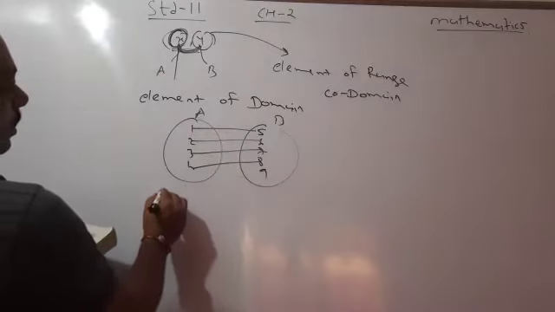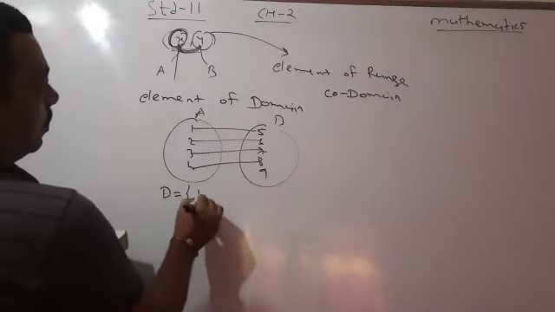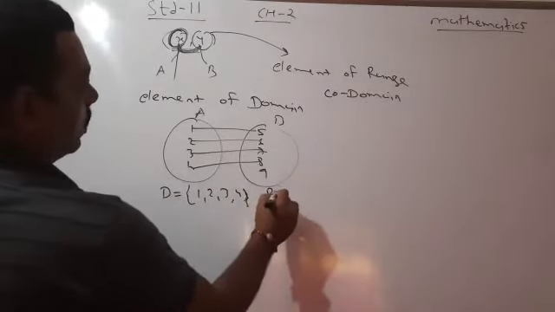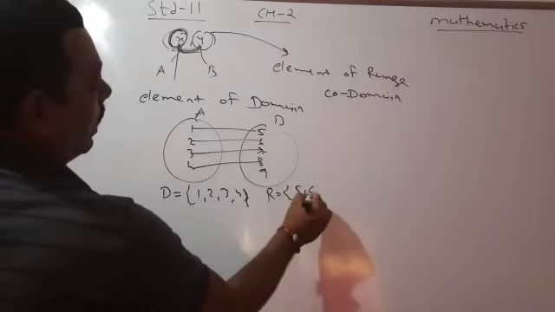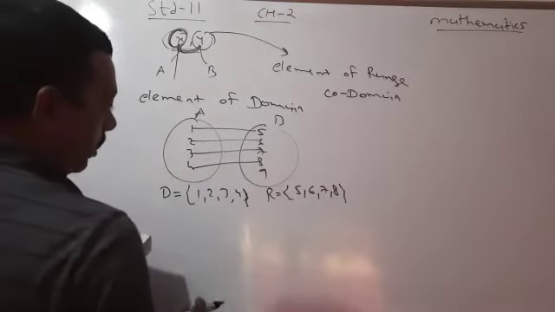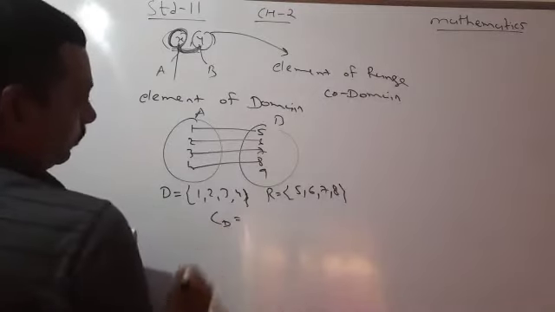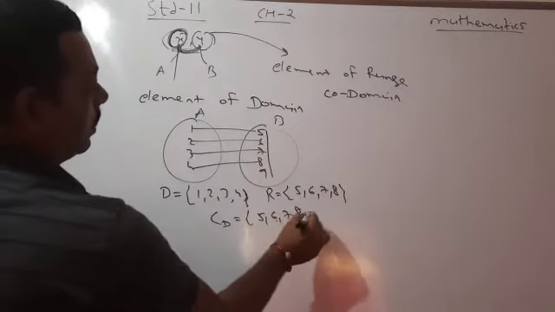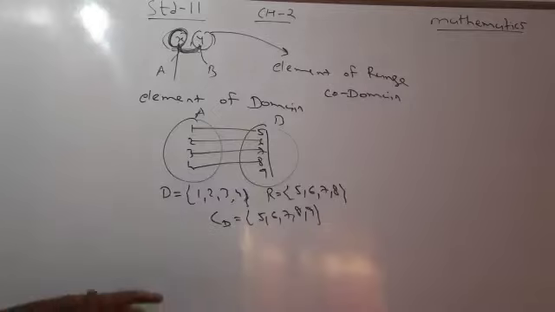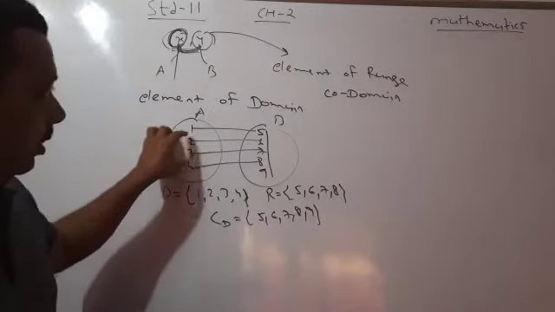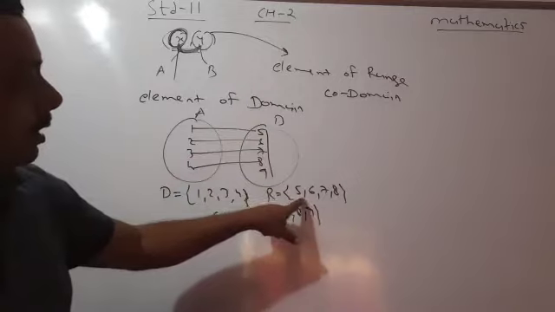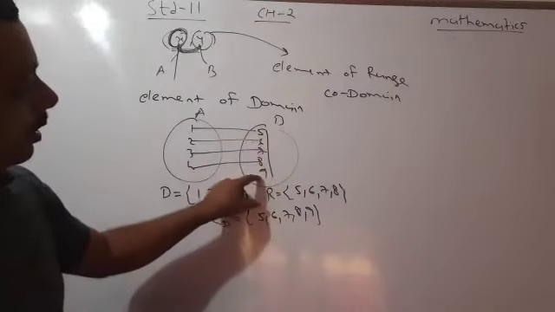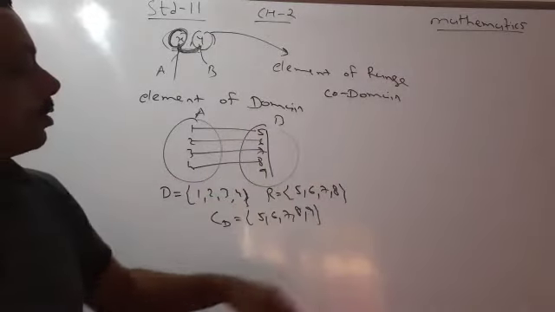So we can say here the elements of the domain are 1, 2, 3 and 4. But if anybody asks for the range, then we will say the range is 5, 6, 7, 8. But when we are asking about the codomain, then the codomain is all the elements, that is 5, 6, 7, 8 and 9. Is this clear? So this is the domain. These connected elements are considered as range elements, and the remaining, meaning the connected and non-connected elements of the other side, is known as the codomain.